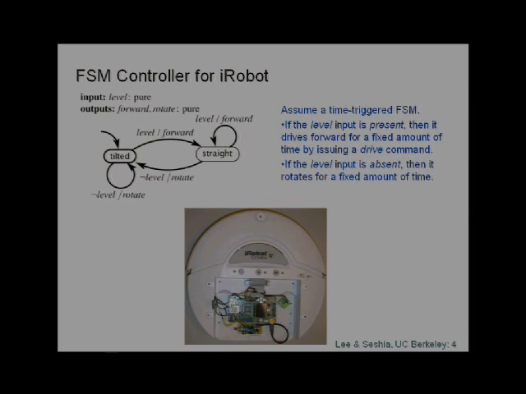All right, and the outputs that the controller provides are to the iRobot actuators. So it has two kinds of outputs: either forward, which means drive forward, or rotate, which means stay in place and rotate. Okay, so if for example the iRobot is not level, then what you should do is stay in place and rotate so that you are level, and then you would drive forward. So let's see how this is modeled here. So you start out here in this state where you're on the ramp. It's tilted, and